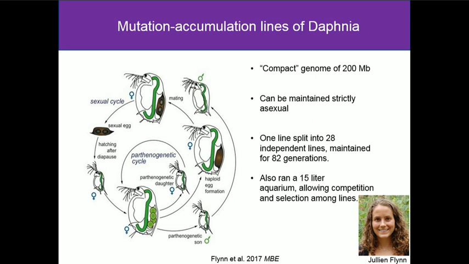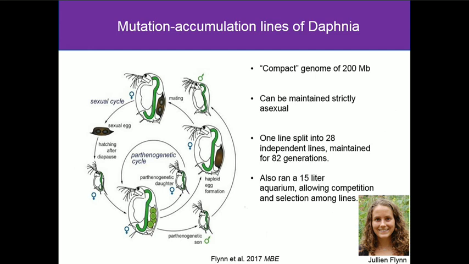So you just maintain these asexual lineages. They took one line that was very well characterized, split it into 28, and kept them for 82 generations. And then in a paper that just appeared with Melanie Christensen at McGill, they published on the genome-wide mutation rate. So it was like, what's the estimation of mutation rate in Daphnia using this direct mutation accumulation? So I asked Julian when she arrived, do you have access to all the raw read data? And of course she did, and so we were able to run this K-mer analysis on these as well.